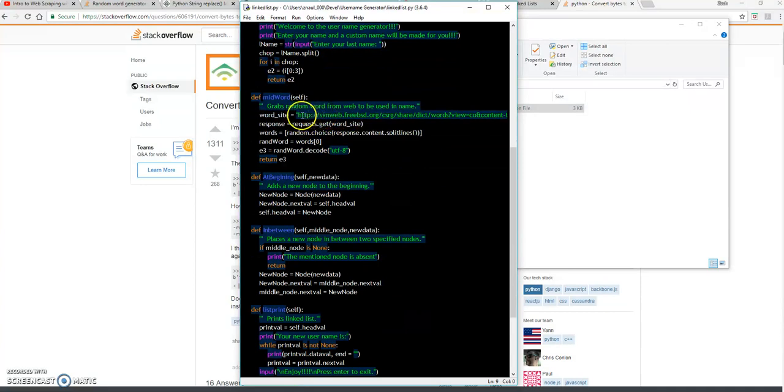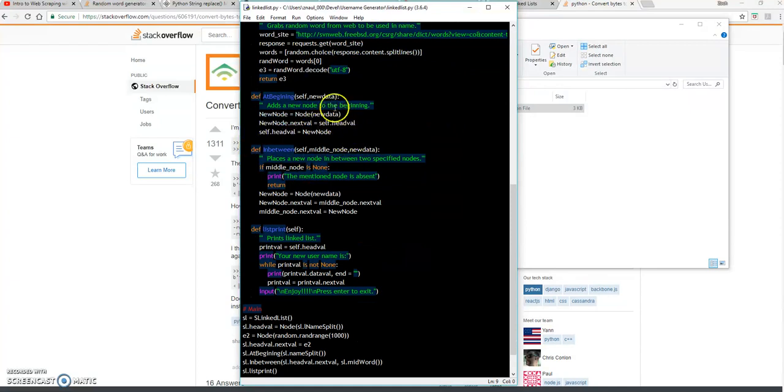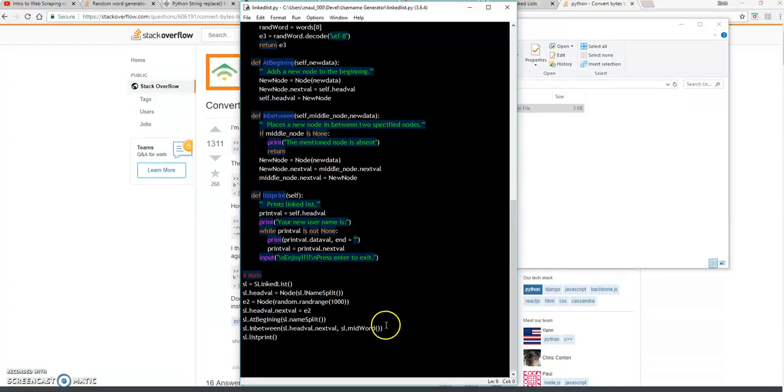And then for the middle word, it actually goes out to this website, which is just an extremely long list of words. And it comes back and it throws the words into another list. And when it does that, it does a random shuffle, so it shuffles everything up basically. And then once it's in there, I grab the first one of the list, and a problem I have is it was in bytes, so that's just the conversion. And there's node 3. And then node 4 is actually, not really node 4, but the ending is your numbers,